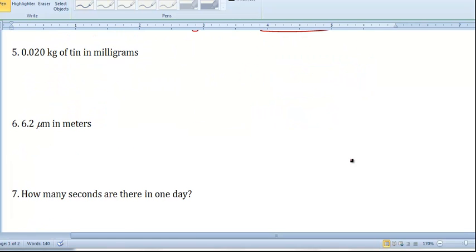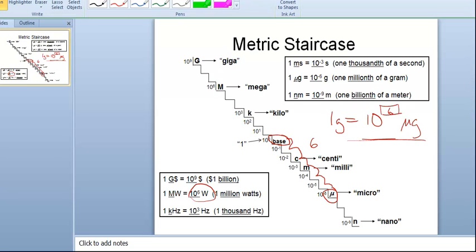All right, let me try maybe one that you were assigned. I think you were asked to do number 6. So let's try number 6. In this problem, we've got 6.2 micrometers. So we're going from micrometers to just plain meters. So over here on the metric staircase,